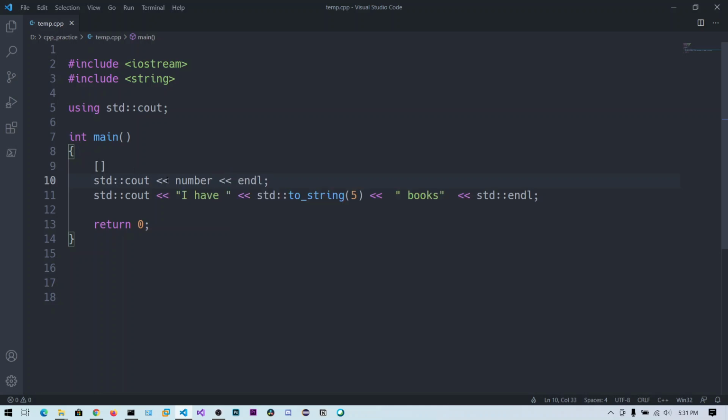If I say cout number endl, then remember that for every loop this number is going to be incremented.